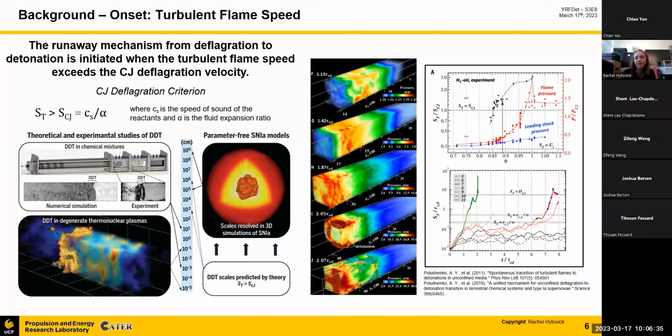This was validated in both the simulations and our experiment. And so a lot of our work has just been continuing part of that and trying to understand that better. So that's going to be a big point of today, the turbulent flame speed. And then really quickly, when we talk about detonations, we're going to talk about